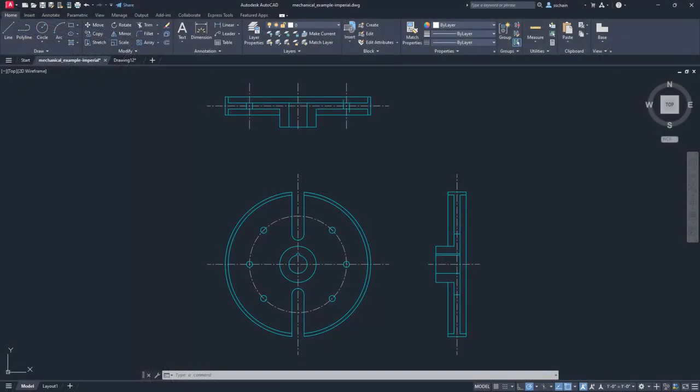In AutoCAD, object snaps provide a way to specify precise locations on objects. This ability is critical when creating accurate drawings. For example, you can use object snaps to create a line from the center of a circle to the midpoint